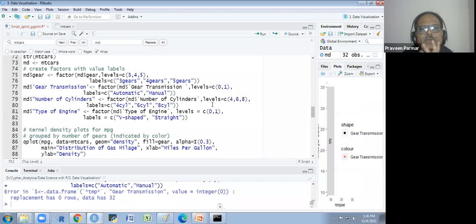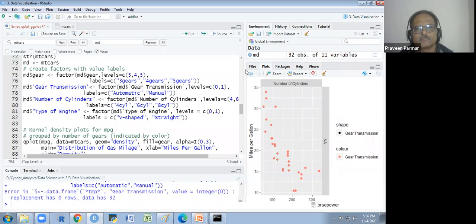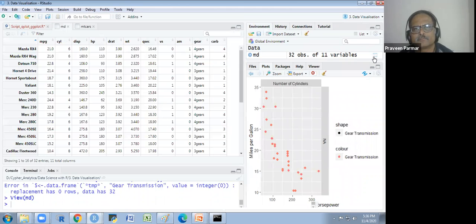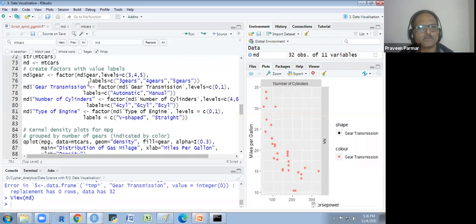Let's just see why it is not increasing. Why is it not working?